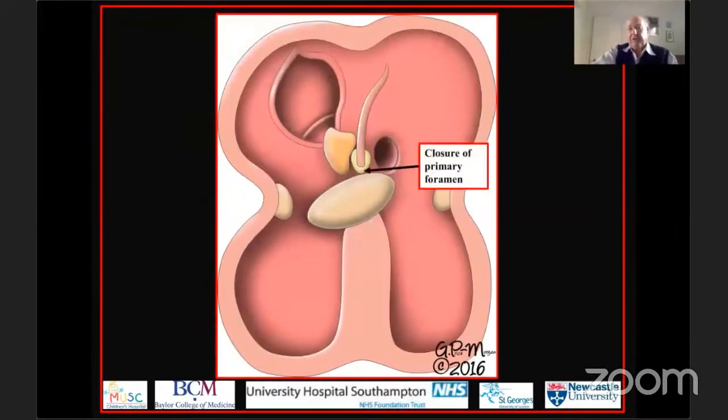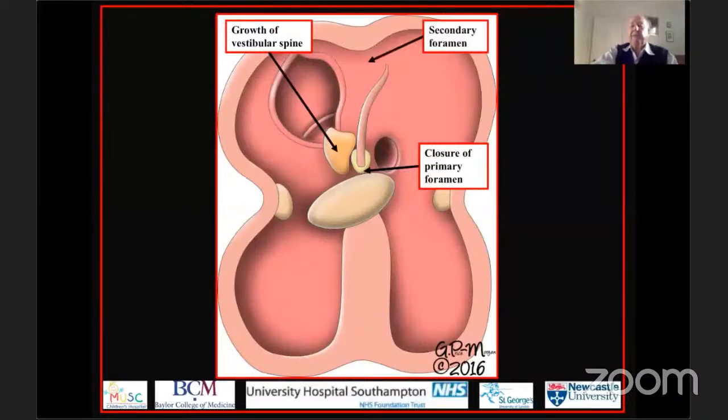So let's take it one stage forward. The mesenchymal cap has fused with the inferior cushion and has closed the primary foramen, and that has been reinforced on the right side by the growth of the vestibular spine. Now we have the secondary foramen between the broken down superior edge of the primary foramen and the atrial roof. And there the primary septum will form the floor of the oval fossa, and it will be infolding of the atrial roof that will produce the ridge against which the upper edge of the flap valve primary septum will eventually